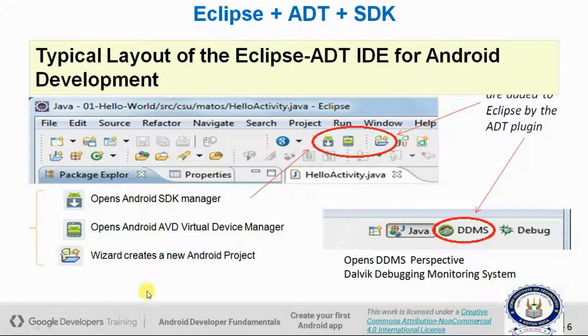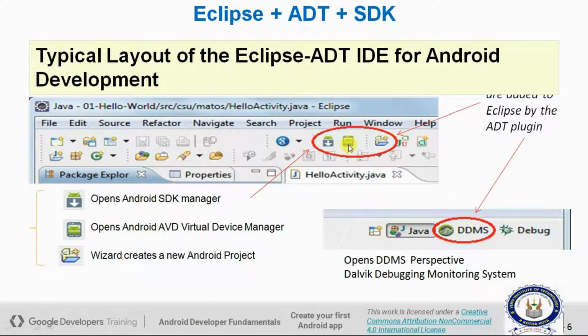So this is Eclipse. You will get the Eclipse software, and in that the ADT plugin will be there. This is the SDK manager, and this is the emulator. The combination with the ADT plugin will be there. The Android SDK manager will be there, and here the virtual device manager, that is AVD, which has all the configurations like an emulator mobile phone.